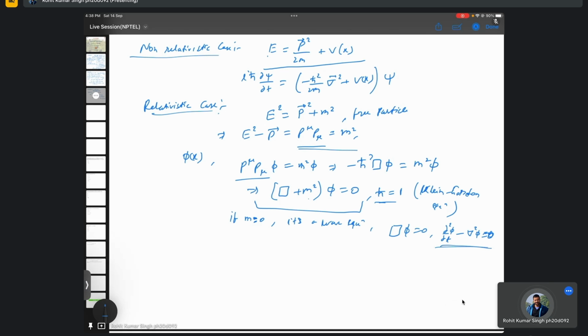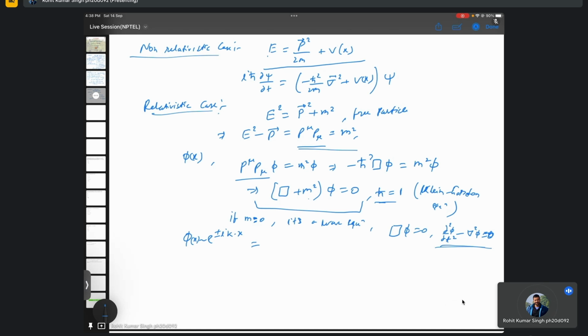And this is the wave equation that we know from electromagnetic theory. So one guess would be that the solution for this Klein-Gordon equation can be plane waves, okay, which we know are the characteristics of a free particle. So solutions like this,